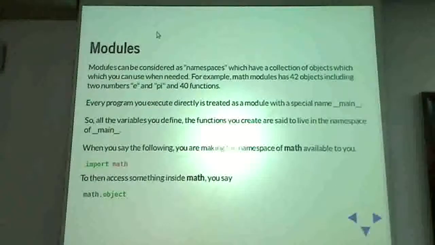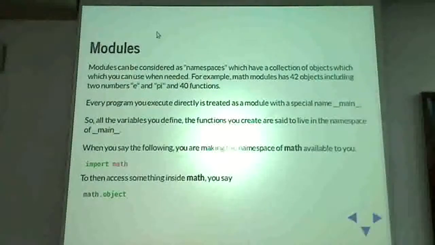Okay, so what are modules? We've already looked at the math module. You can think of the math module as a namespace in which some 40 to 50 odd variables live. What are these variables? You've seen them. Ceil, round, sine, cos, tan, etc. So these are all functions or variables. We've even seen that modules can contain constants. We saw math.pi. There is math.e as well. So modules can be considered as namespaces.